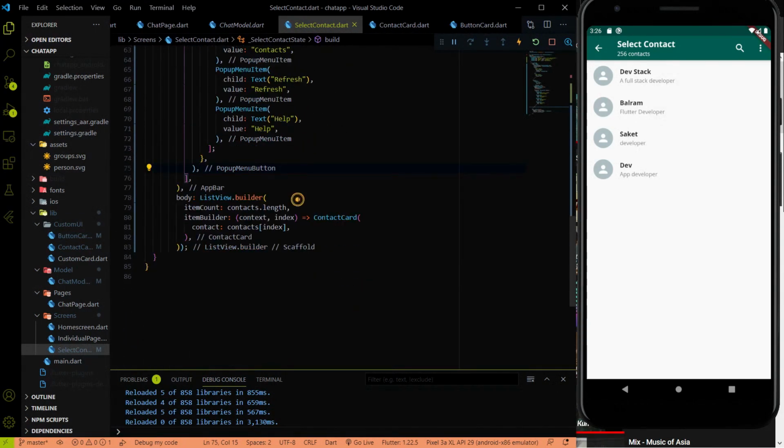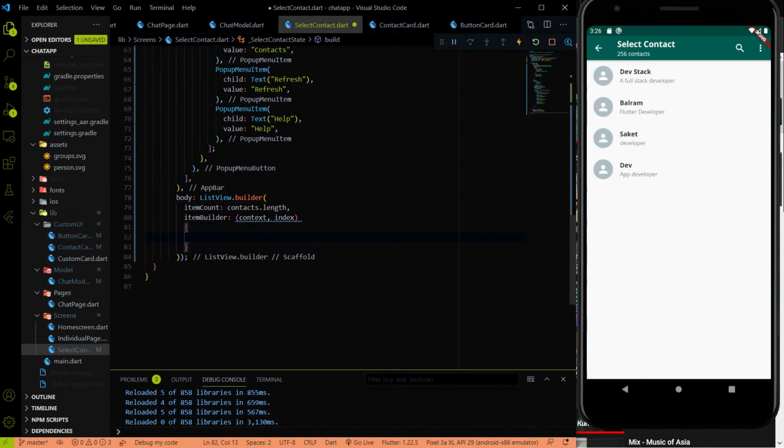the list view.builder we have to implement a condition. So here we have the contact card. We are just returning one contact card custom widget, but instead of returning a contact card alone, I'm going to write an if else condition.